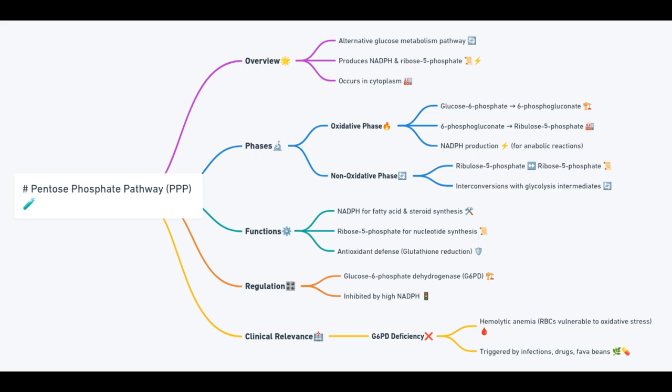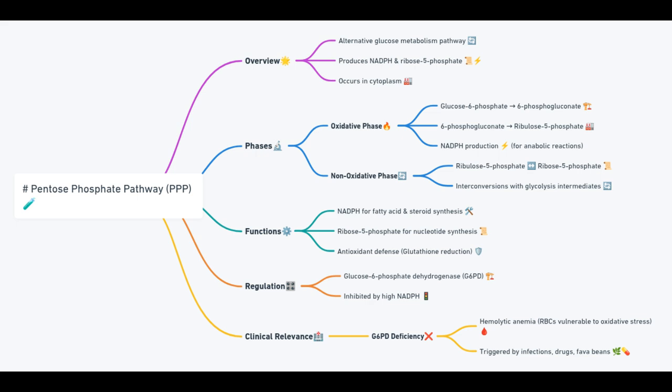G6PD deficiency is the most common human enzyme deficiency in the world, and affects an estimated 400 million people, and is also known as favism, since G6PD deficient individuals are sometimes allergic to fava beans. It's an allelic abnormality which is inherited in an X-linked recessive fashion. And when someone has G6PD deficiency,